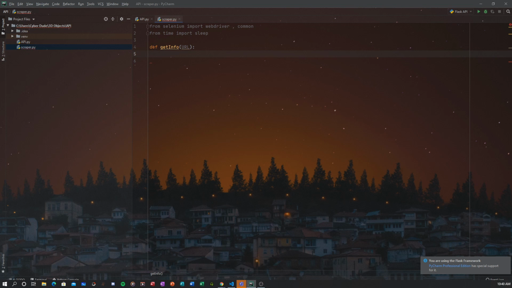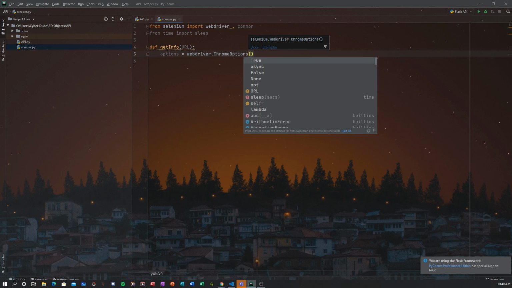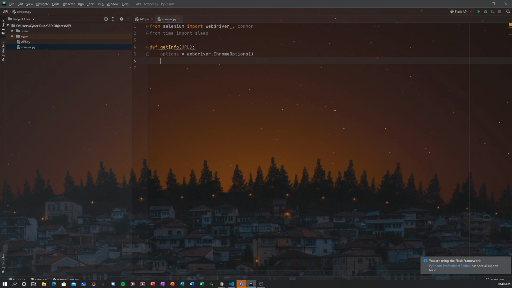We're going to add some options which we're going to use with a web browser. We'll obviously be using Chrome, but we want to launch it in incognito, just in case, you never know. So we're going to set options equal to WebDriver dot Chrome options. Then we want to add the incognito flag to that.